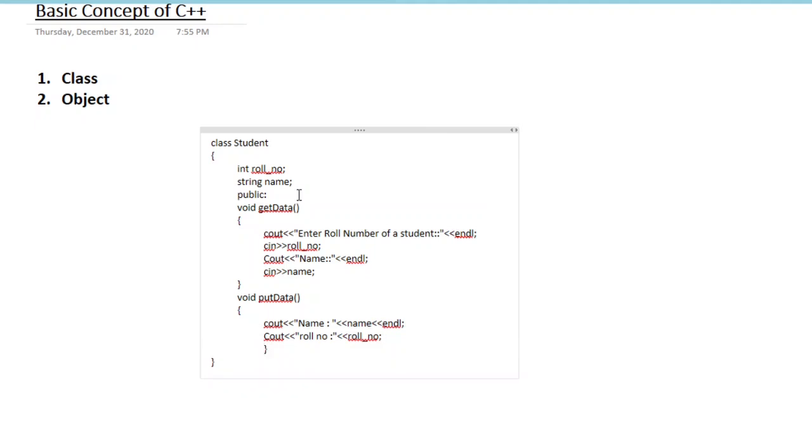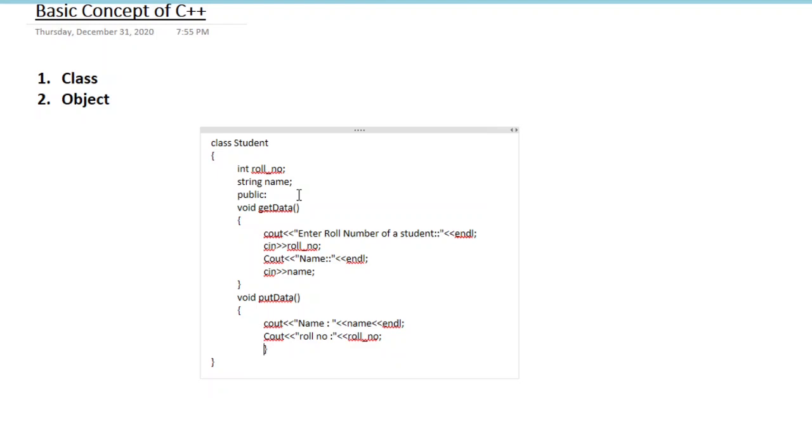So next topic is object. So what is object? The object is a runtime entity, or we can say that object is an instance of a class. Object, in general terms, is a variable which will access all the elements of that class.